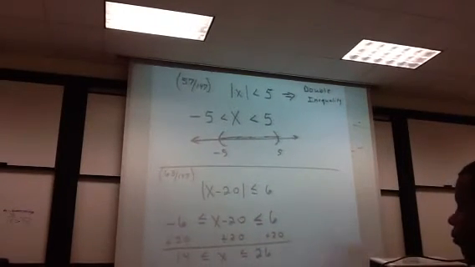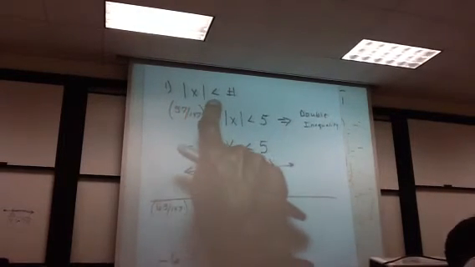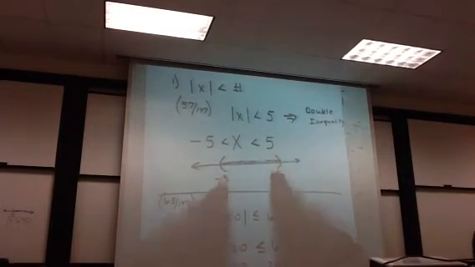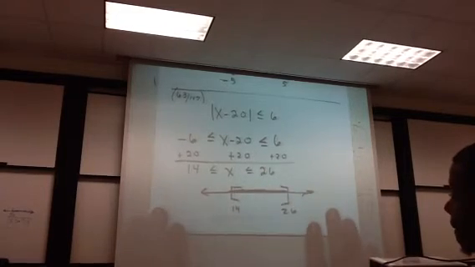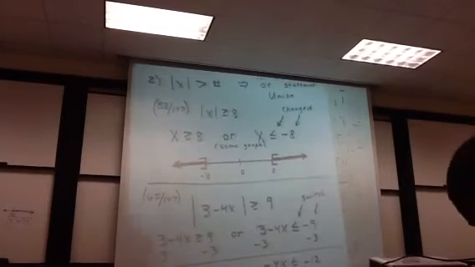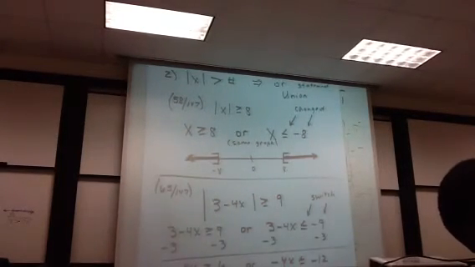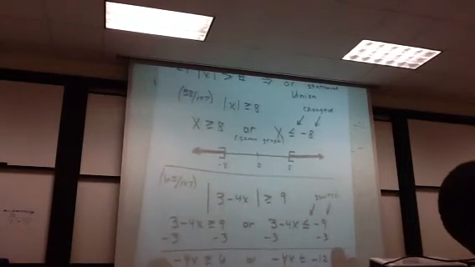If I have absolute value of something is less than a number, notice what you get. You get two numbers and everything in between. Two numbers, everything in between. That's for less than. If you get greater than a number, it's two numbers and everything to the outside. Two numbers, everything to the outside. So we can generalize and say that